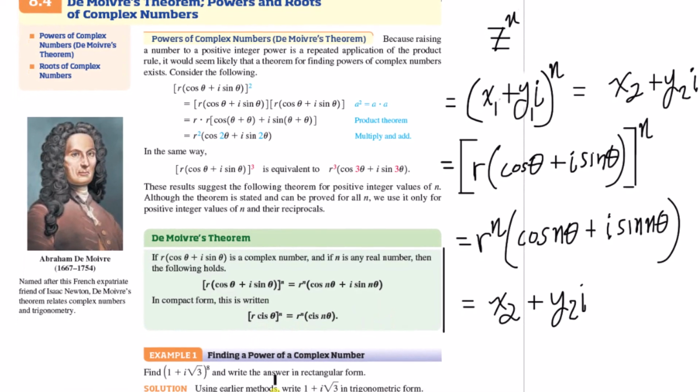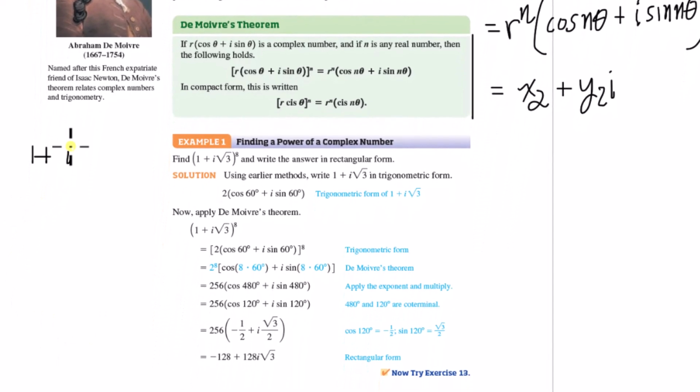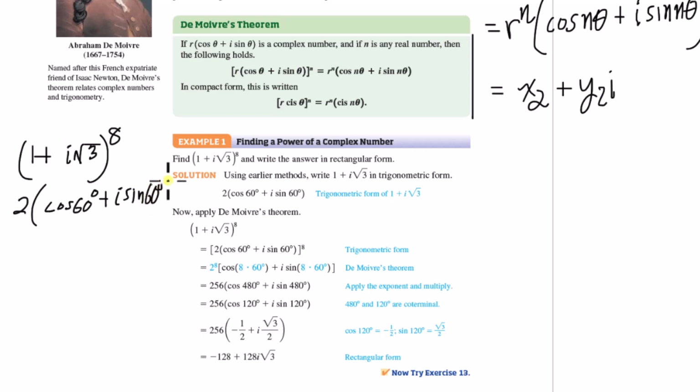Okay, so here's an example. They say find 1 plus i root 3 to the 8th power. You could just multiply all this out using the binomial theorem or whatever. You could do that, but why not use de Moivre's theorem and convert this to polar form. I'm not going to do that here. We know how to convert this to polar form. And what they get is 2 cosine 60 plus i sine 60, and that's all going to be to